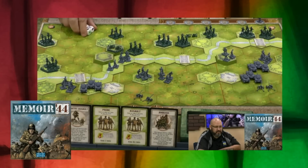Number 2 is a classic in my opinion, and that is Memoir 44. Memoir 44 is from a company called Days of Wonder, and they have made this tactical war game that is palatable for a wide swath of people. Most of the time, tactical war games are very heavy on rules, very heavy on minutia, details this, details that. This one is not like that. It is more of a simulation,